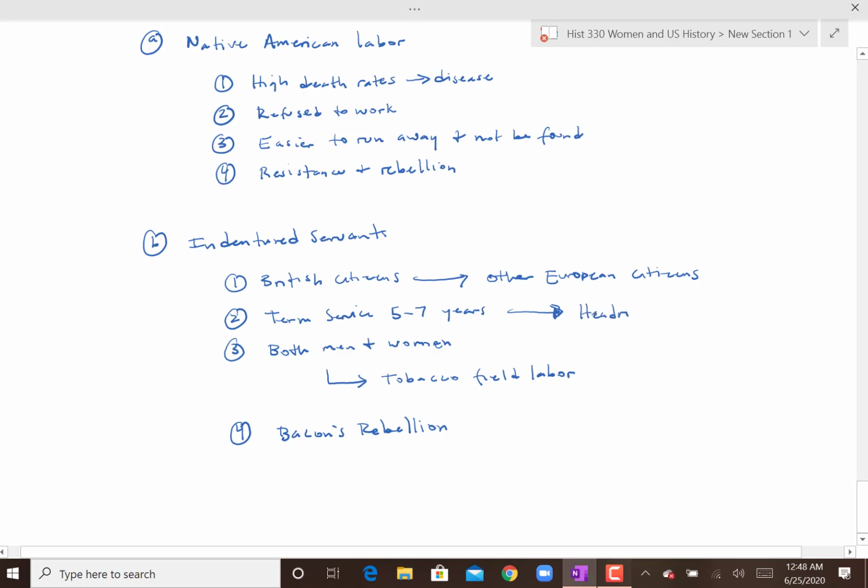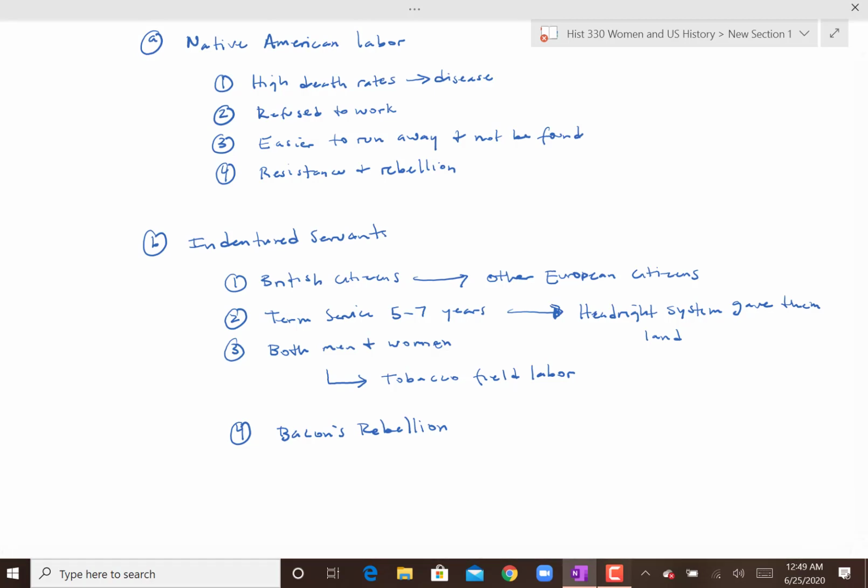And so most of the time, people chose this in order to get land. We did have the case where we looked at the girl whose father sent her over, and so there definitely were some that didn't have a choice, or tobacco brides that ended up having to become indentured servants. But a lot of people, men and women, chose to be indentured servants, especially, again, women usually chose